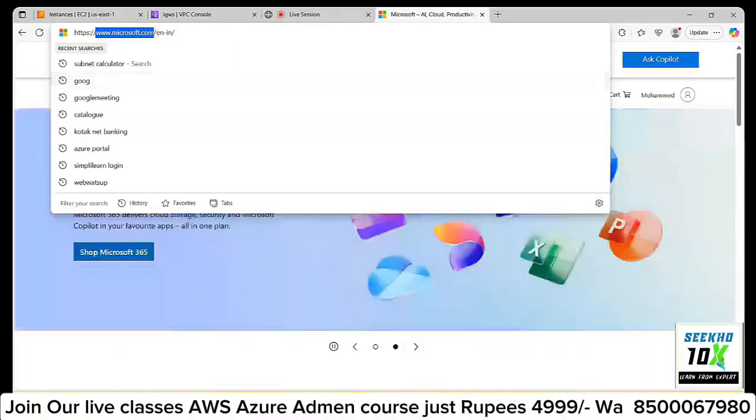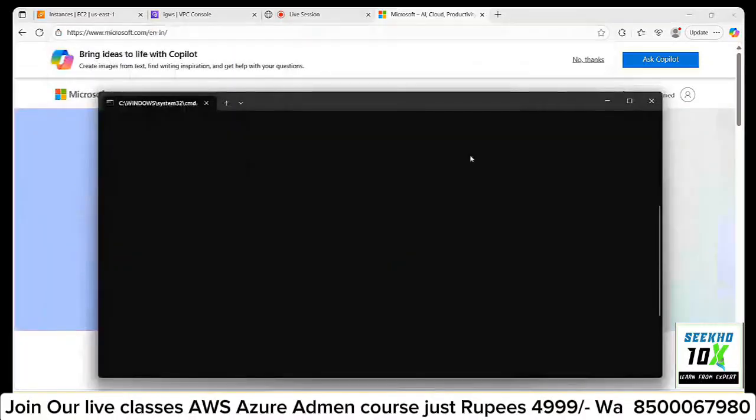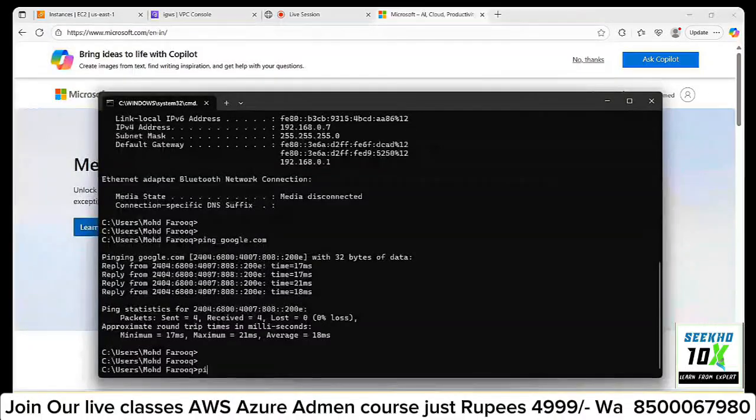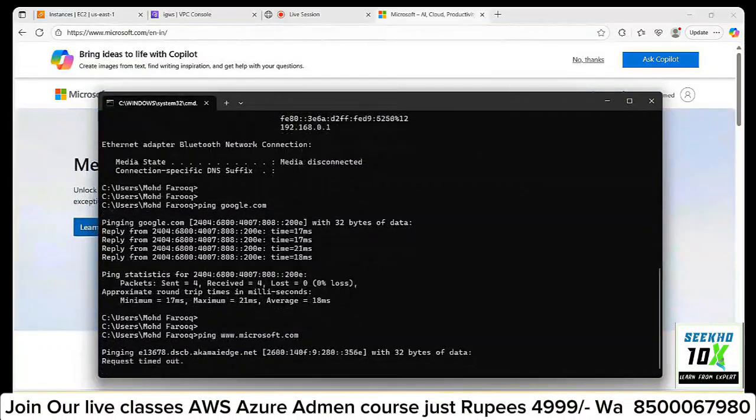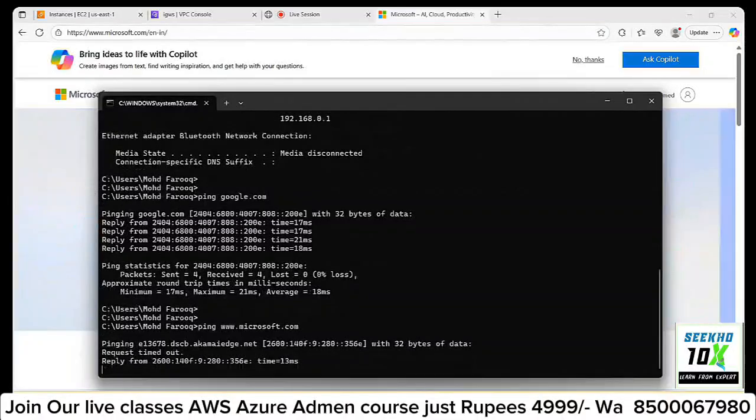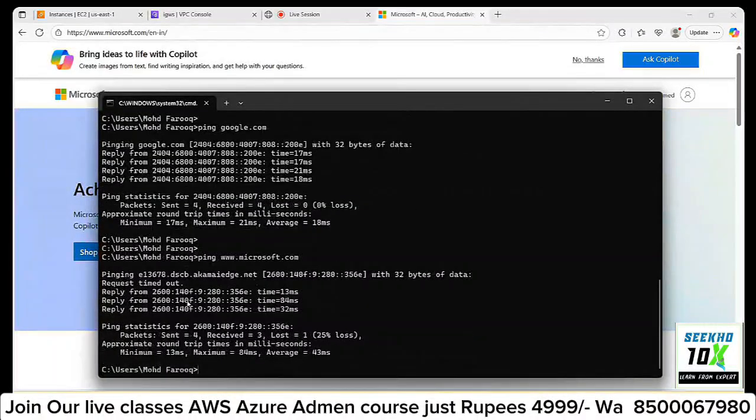You can open the command prompt and type ping www.microsoft.com. See, you are getting a reply from one of the numbers.